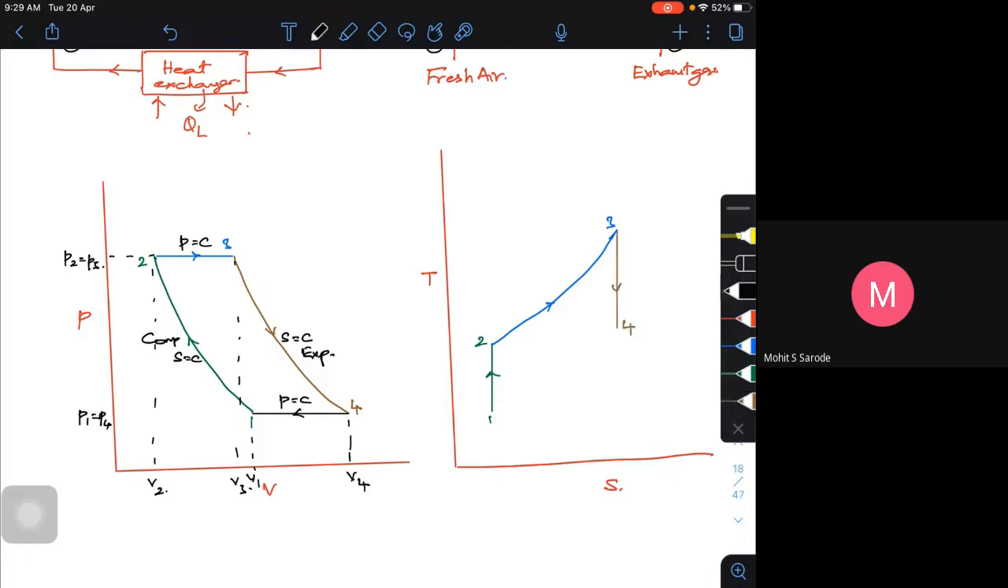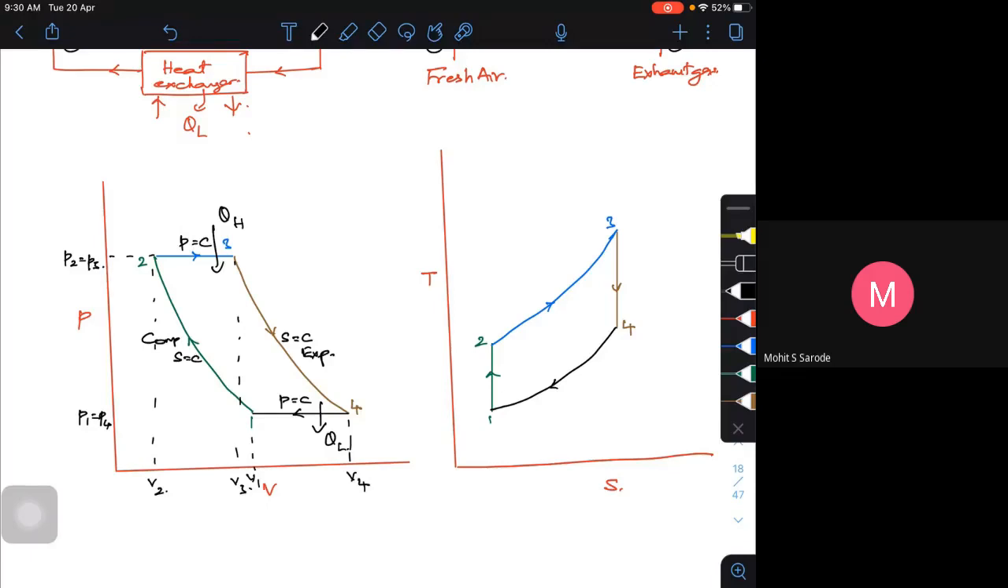Then 4 to 1 is heat rejection, once again at constant pressure. So here heat addition takes place, and here heat rejection takes place. This is the simplest way of representing the PV diagram and TS diagram for a Brayton cycle, irrespective of